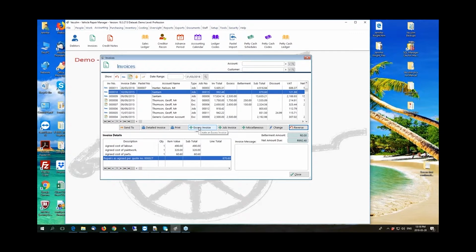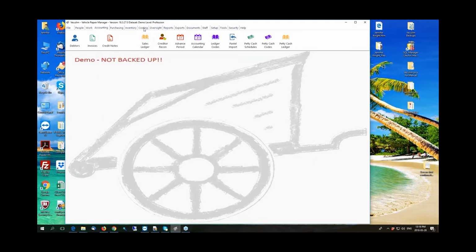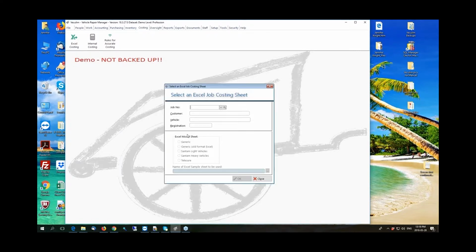So the last section that we would like to cover is just your costing. Let me close this window and we're going to go over to the costing window. The internal costing works as normal. There isn't really any changes over there, but using your Excel costing is where the difference will come in. So I'm going to click on that while I'm talking to you. So what we've done and decided to do for you is as of,